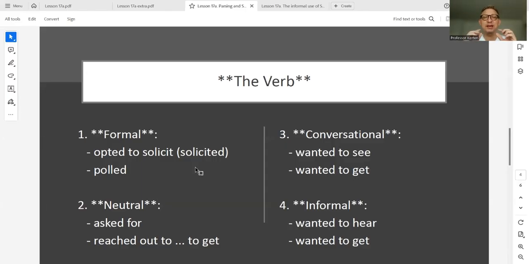Formal verbs, again, these sort of main verbs that have one word are going to be a little bit better than those that wanted to see, wanted to hear, wanted to get, etc. Asked for is a phrasal verb, perfectly fine. But notice solicited and polled, I would always prefer. So for example, if you're learning, now this is very interesting, in terms of IELTS or any international exam.